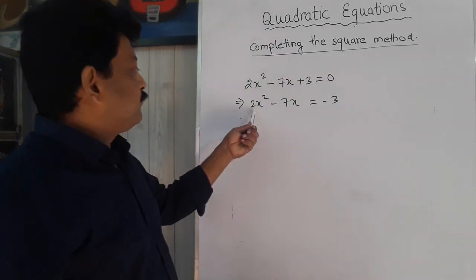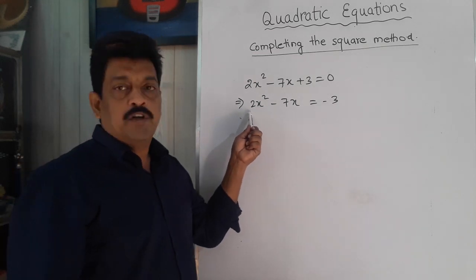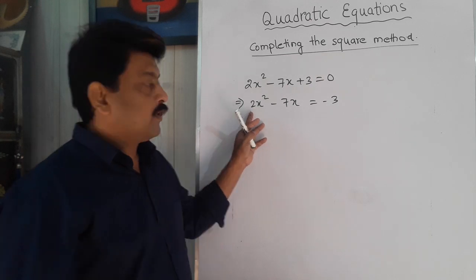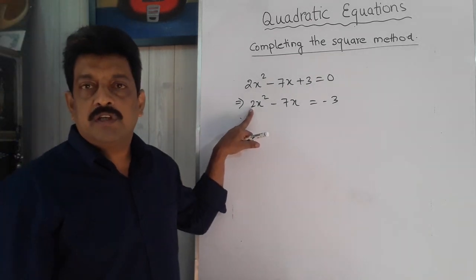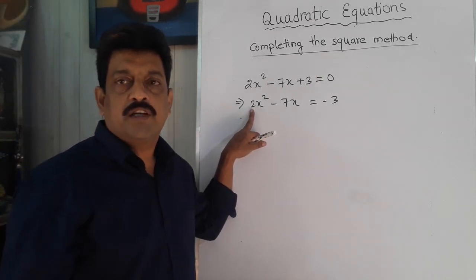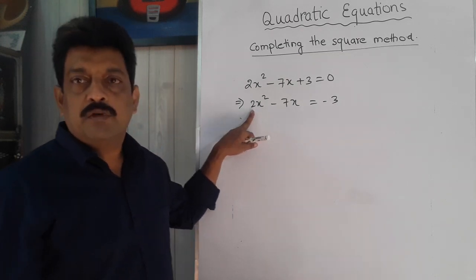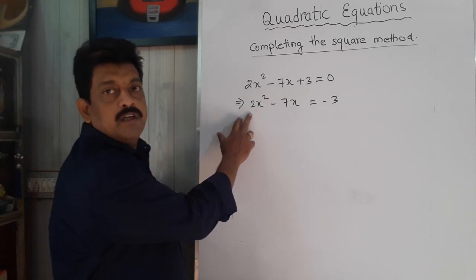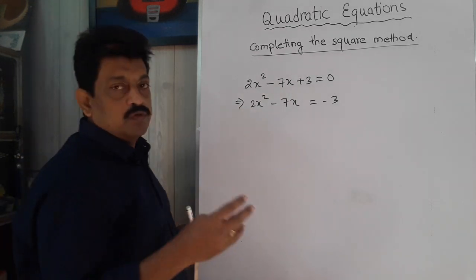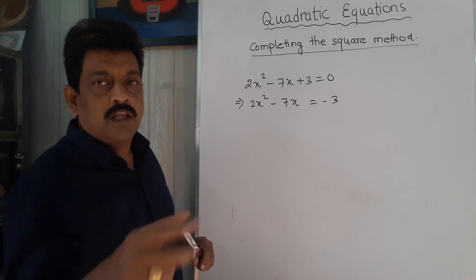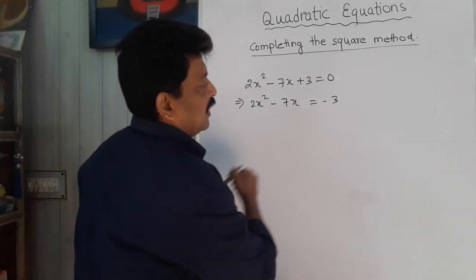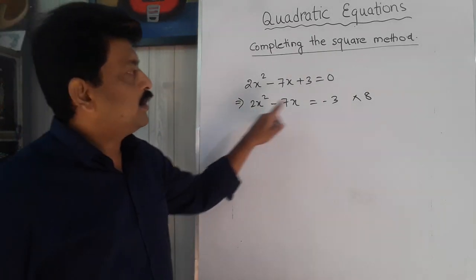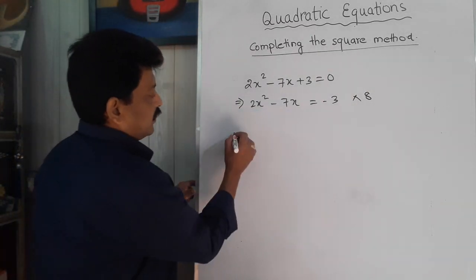Now think of a number. Since I am not multiplying with 2, I have to multiply with some bigger number. So multiply with 3, it gives 6. It is not a perfect square. 4, it will become 8, not a perfect square. By 5, it becomes 10. It is also not a perfect square. So 6, 7 will not do. Naturally, I have to multiply this equation by 8. Then 8 2s are 16, which is a perfect square.